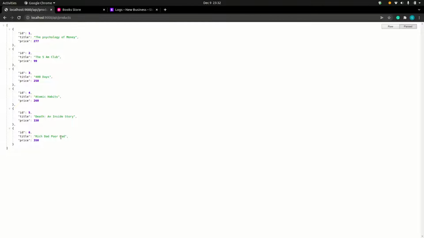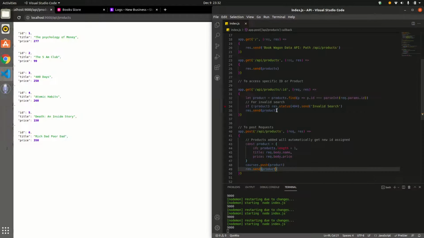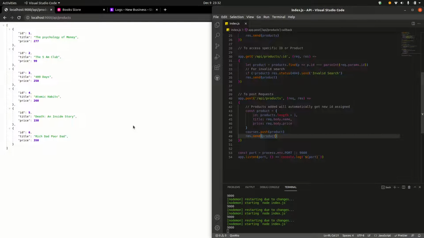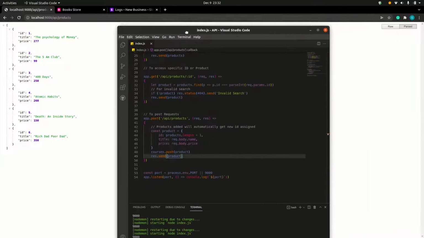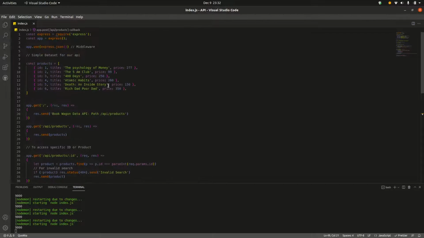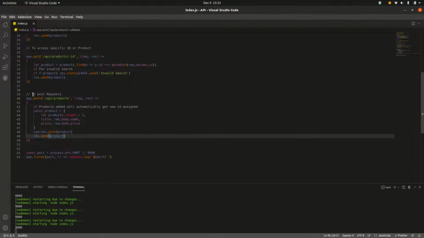So yeah, we have this simple API. We can use GET to fetch from this API, or POST to add a new item to it. And so yeah, we can see this version of the API.